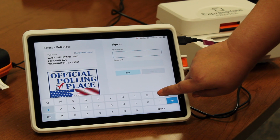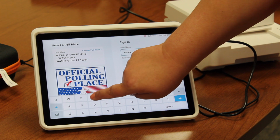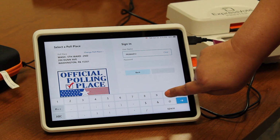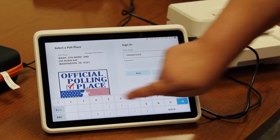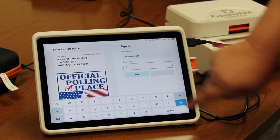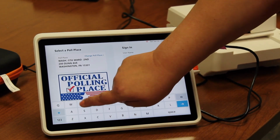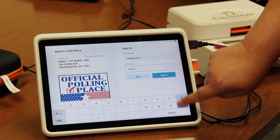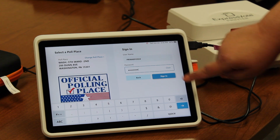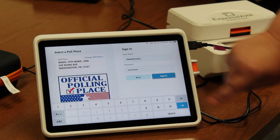So now you'll verify that that is the polling place, and you'll enter in the username and password we have provided. Again, it defaults to capital letters, so for the electronic poll book, everything will be in capital letters. So once you have the username in, you'll touch where it says password, and you'll enter the password in. If you enter the codes in slowly, you can make sure that everything is accurate. You'll touch sign in,